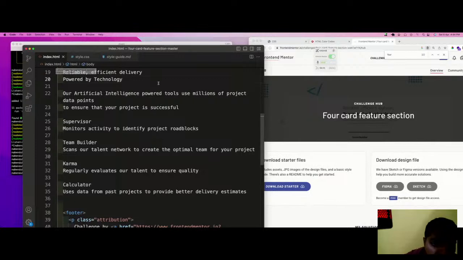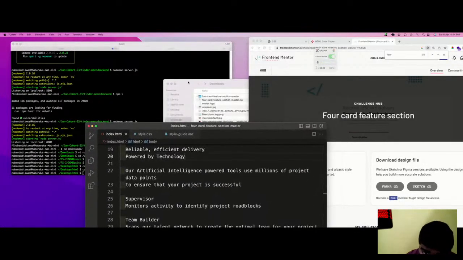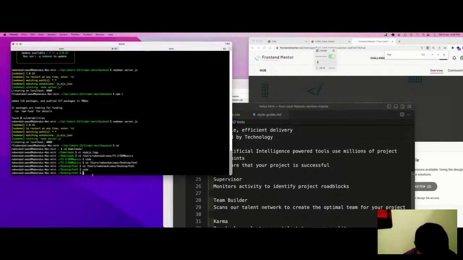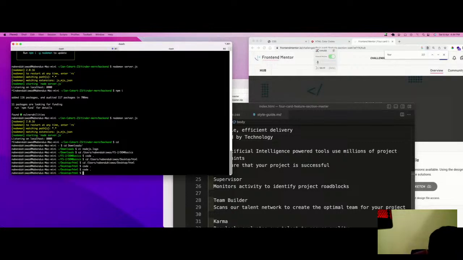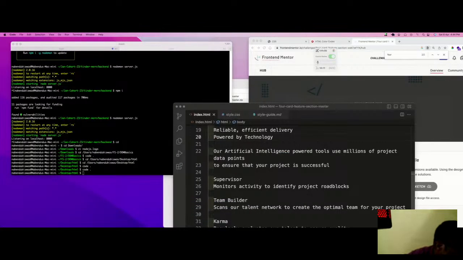We need to see what all things they have given, but before doing this, let me have a setup first.